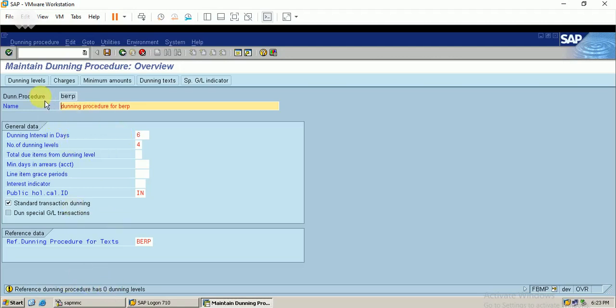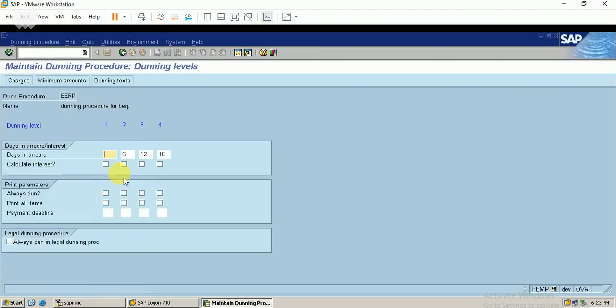Okay, we need to maintain all these things, the sub parameters. I just go for the first, the dunning levels. Click enter. I have maintained the dunning interval as 6 days, so it has proposed a dunning level based on my interval.